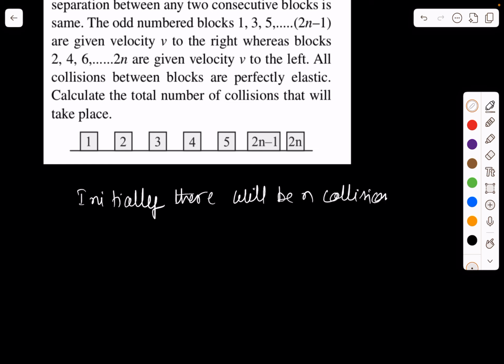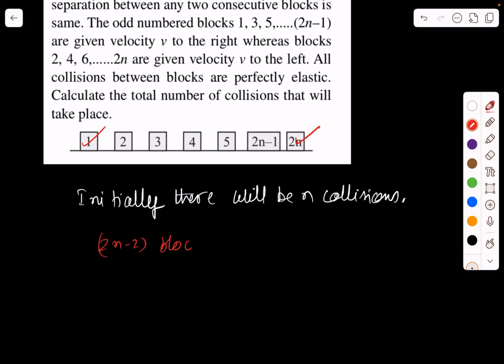Now, since the collisions are elastic and all the blocks are identical, there will be an exchange of velocities between any two colliding blocks. At the same time, we can argue that the two extreme blocks, marked 1 and 2n, after collision will move out and will never encounter any other collision. So after 1 and 2n move out, we are left with 2n minus 2 blocks,